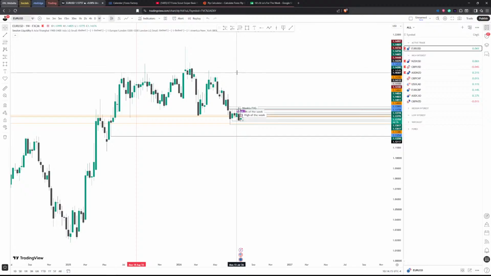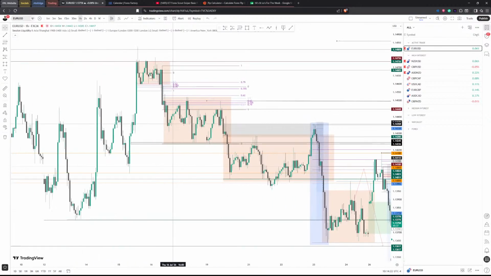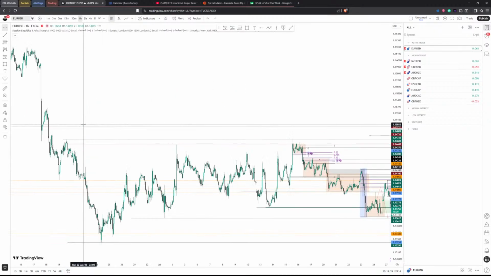This high is 608. I don't know, I'll be real. But anyway, we took out liquidity with a huge displacement. As you can see, this displacement here is huge in comparison to other displacements and other candlesticks. And the high that we took out was in the fair value gap on the weekly time frame.